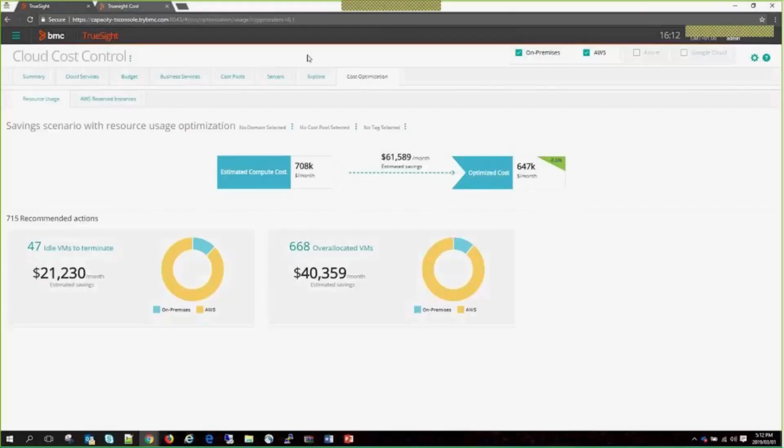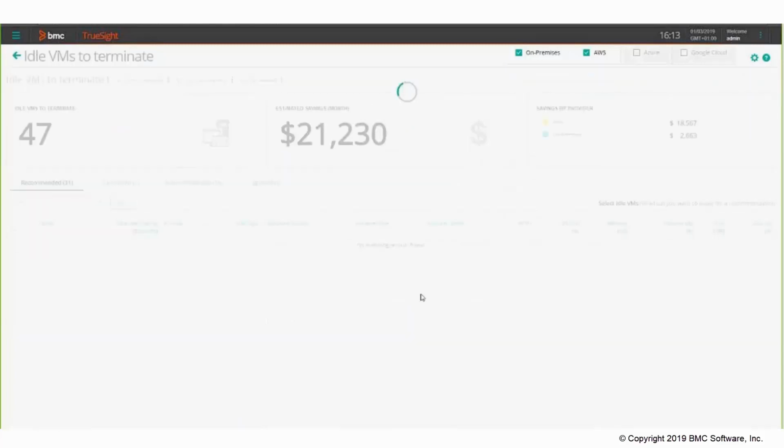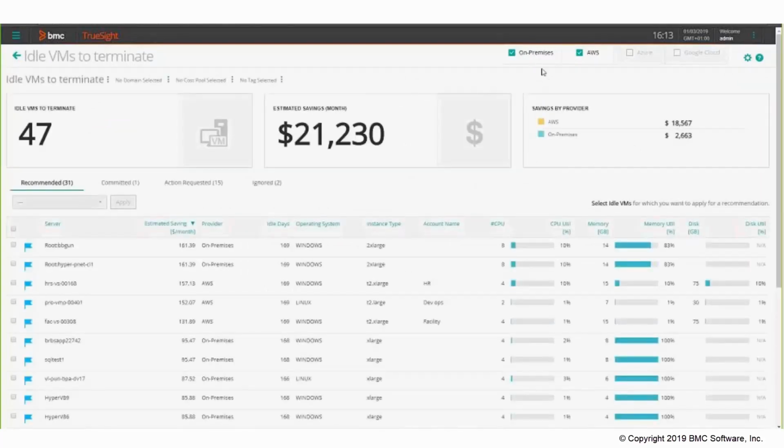Cool. So once you log into Cloud Cost Control, under the Cost Optimization tab, we have the scenarios where we've got idle VMs that can be terminated, and we've got the over-allocated VMs. Within this screen, you can determine the number of VMs within the cloud infrastructure that need to be terminated. You can do some analyzing around it. I'm going to drill down into the idle virtual machines. This will show us the on-premise and AWS idle machines, as I've set here at the top. I can include other systems like Azure and Google Cloud, but for this demo I'm going to focus just on